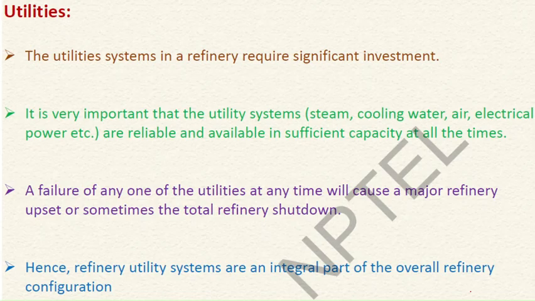There are many other subsidiary requirements that require much more investment compared to a distillation column, and they are a crucial part of a refinery. It involves, as you have seen in different columns, steam as one of the most crucial utilities, then cooling water for cooling, then air and electrical power, which are very much required in a refinery. If there is a failure of any of the utilities, it is possible that sometimes even refineries can shut down.